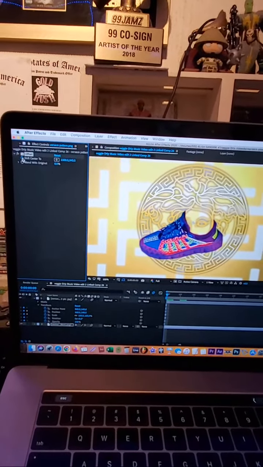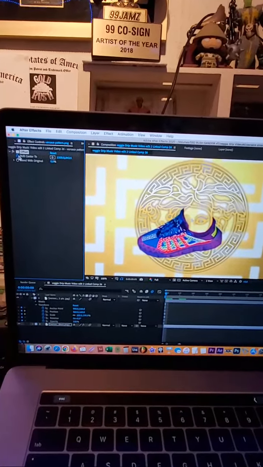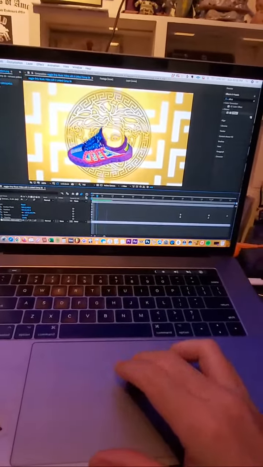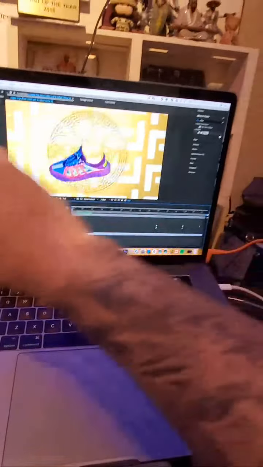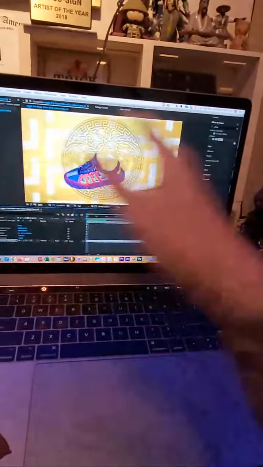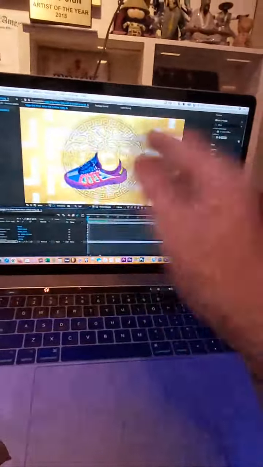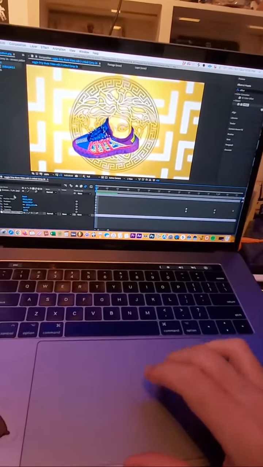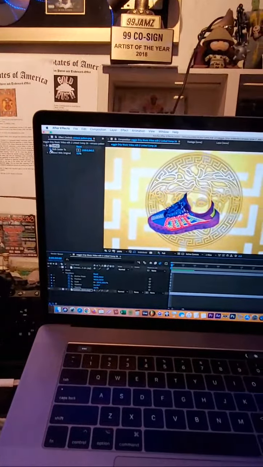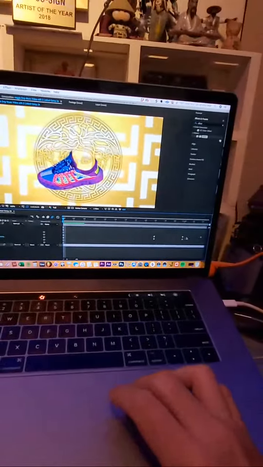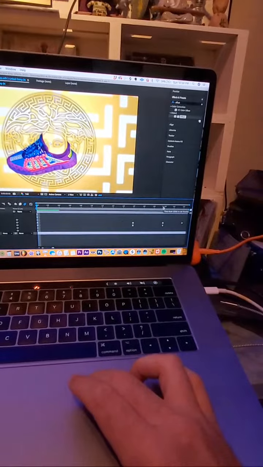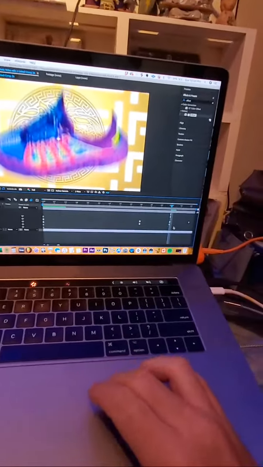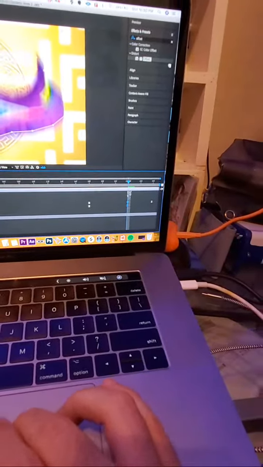I'm gonna click that, turn the animation on, and now what I want to do is figure out what I want to do. So what I want to do is I want this Versace pattern to have a constant movement, like it's just gonna look like it's rolling to the right. So I just started it from the beginning. We turned this animation on, and I want the animation to stop right here when the shoe's about to drop, which is, I can see right here, these two pinpoints. So boom,